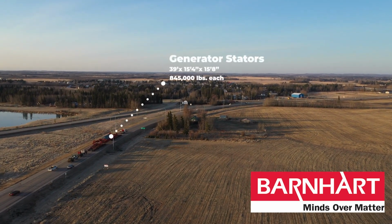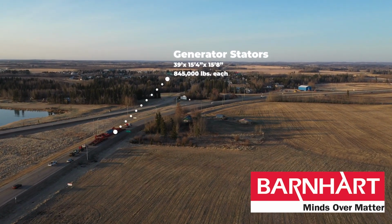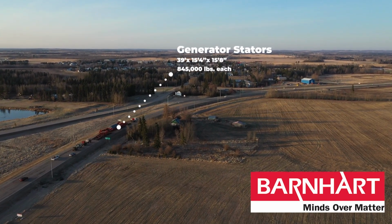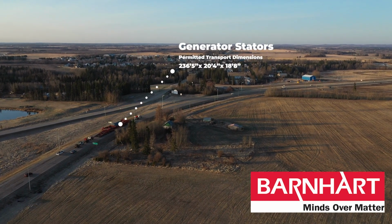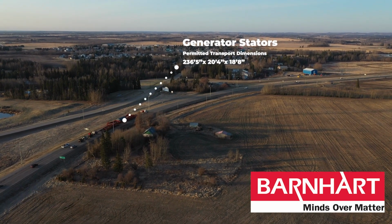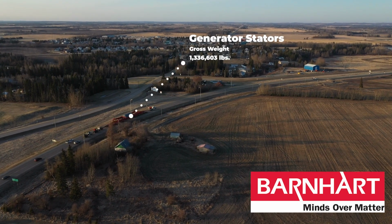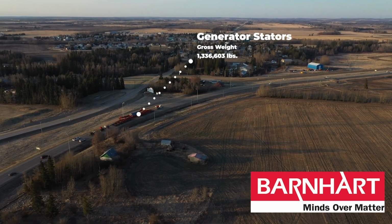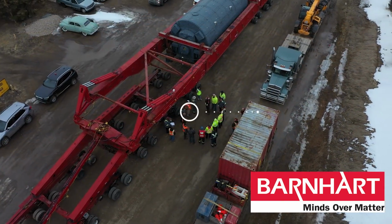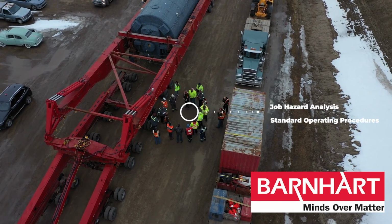The generator stator dimensions were 39 feet long, 15 feet 4 inches wide, and 15 feet 8 inches tall. Each generator stator weighed 845,000 pounds. Barnhart's final permitted transport was 236 feet and 5 inches long, 20 feet and 4 inches wide, and 18 feet 8 inches tall with a gross weight of 1,336,603 pounds. All operations performed in the field start with a job hazard analysis and are governed by Barnhart's standard